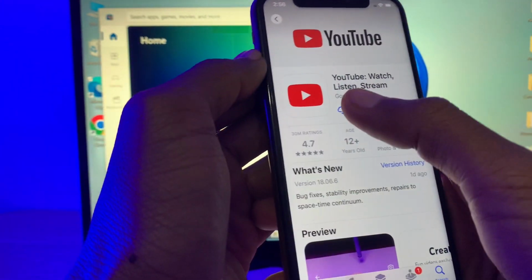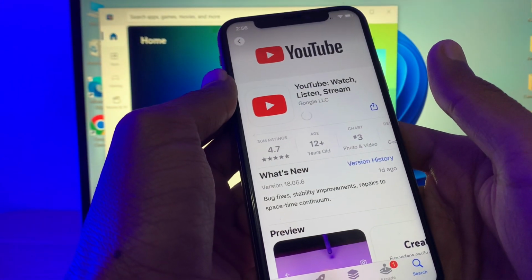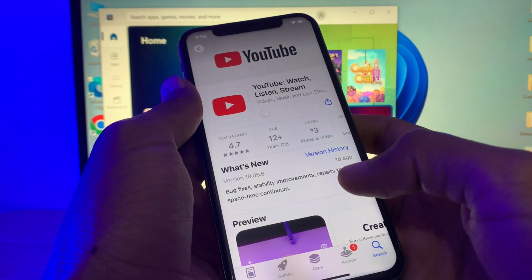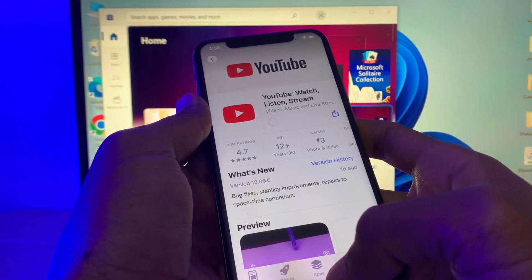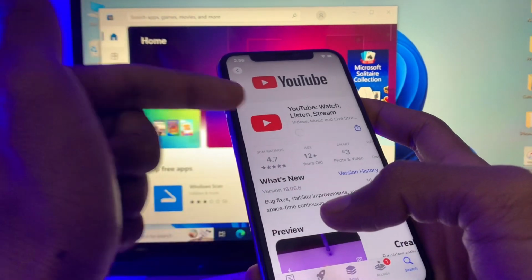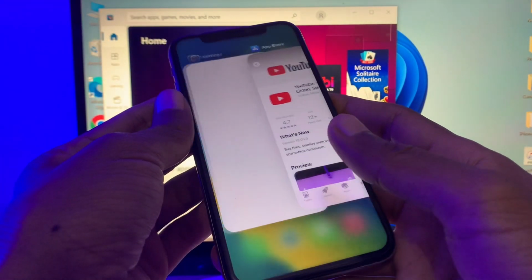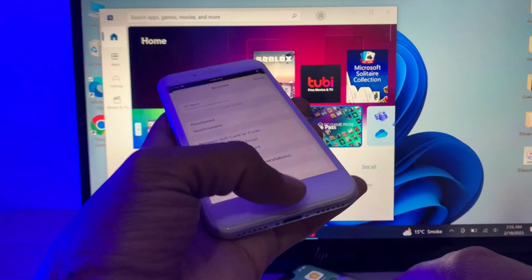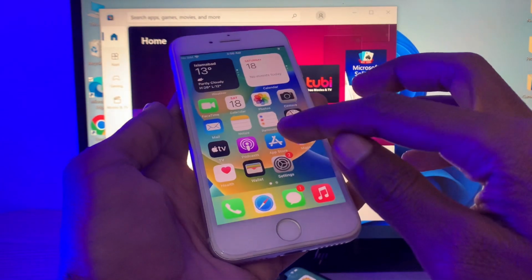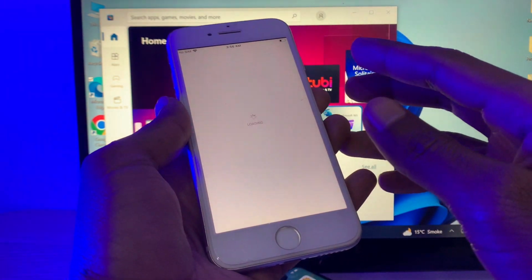So once you have the YouTube, click on the download button and it will start downloading. If it asks for your Apple ID password, make sure that you enter the password of your Apple ID. So once the app is downloaded on this latest iPhone, then what you're gonna do, go back to your older iPhone, then close the App Store once and open the App Store again,